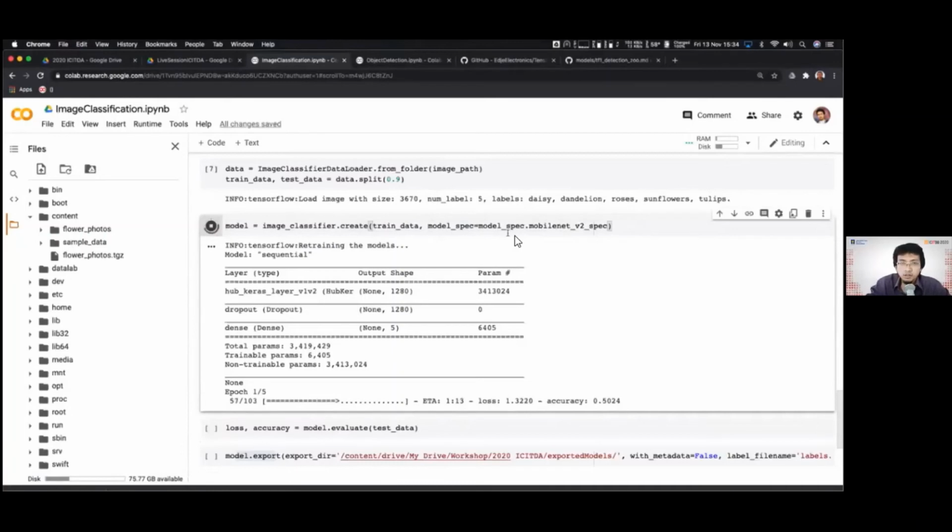And the TF Lite Model Maker has a few predefined models: MobileNet version 2 and ResNet 50, I think, and EfficientNet Lite 0, EfficientNet Lite 1, 2, 3, and 4. But if you want to use another architecture, for instance Inception version 3,